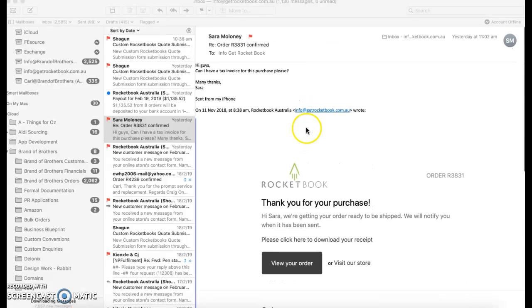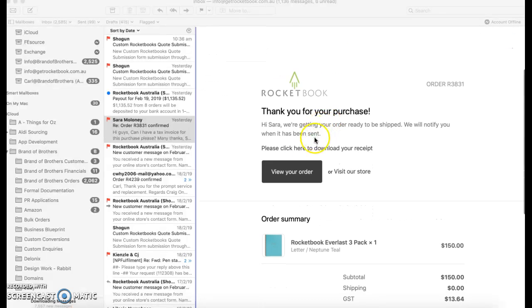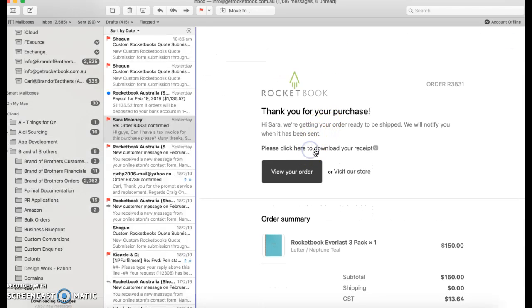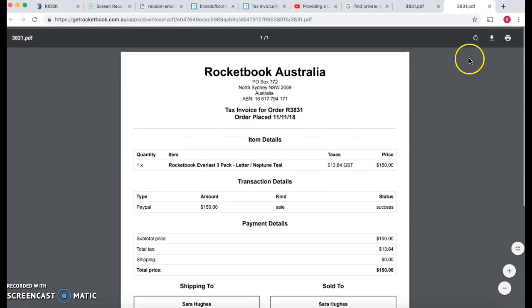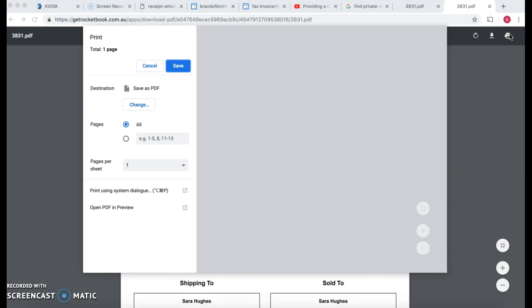If they reply to the email like this, what we can do is literally just click on this icon, on this link here, and this will actually open their receipt. They've just missed it. And then we literally just come up the top, print it,